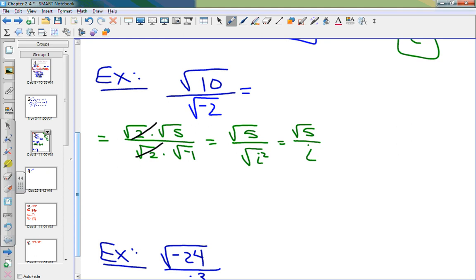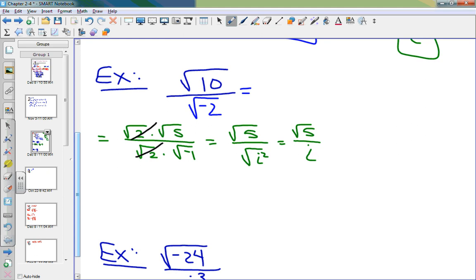What happened with the square root of 2? They cancel. Negative 1 turned into i squared. Why is it here? Because the square root of i squared is i. Okay. So now, I simplified it, but I have to rationalize it because I can't have an imaginary number